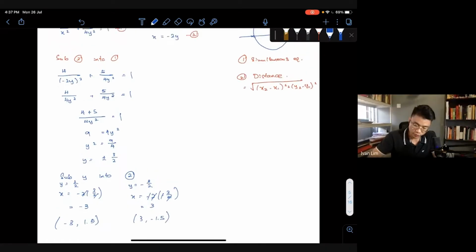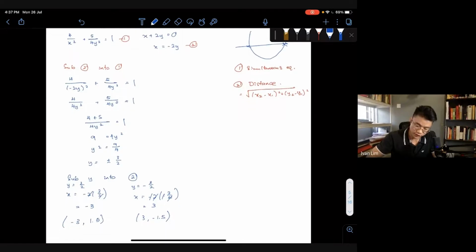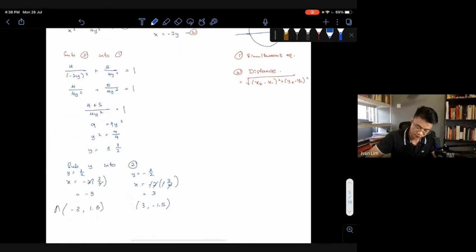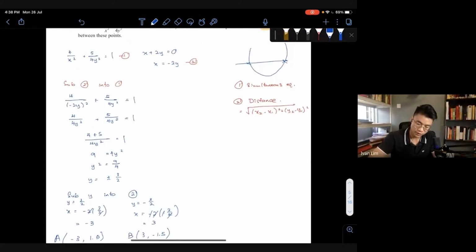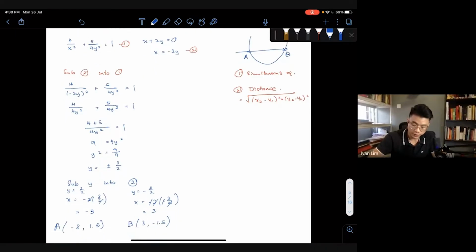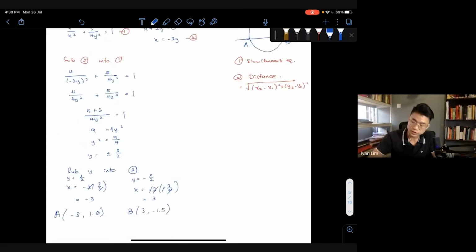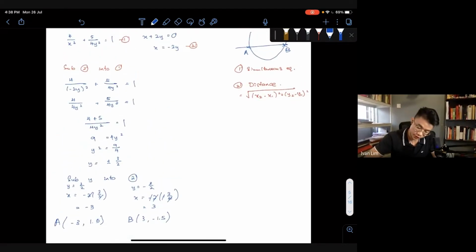If you look back at the graph, what are we finding here? Let's give names: this is point A, this is point B. I'm just roughly sketching. The first part, simultaneous equations, finds the points of intersection, which we have here already. After we find the points, just sub into the distance formula. So the distance will be